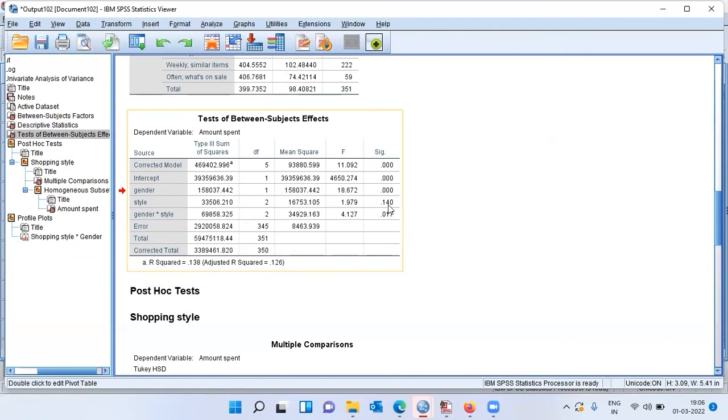We can see the significance level being reported here. It is 0.140, which is greater than 0.05. 0.140 is bigger than 0.05, and therefore we fail to reject our null hypothesis and conclude that shopping style is insignificant. The third variable is very, very interesting because here we are looking at the interaction effect between the two